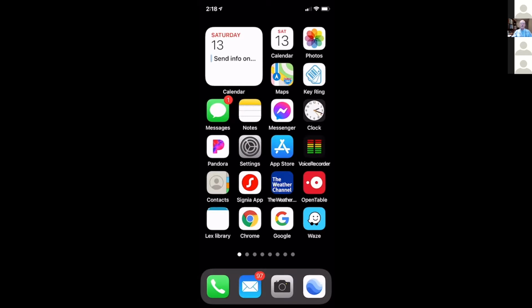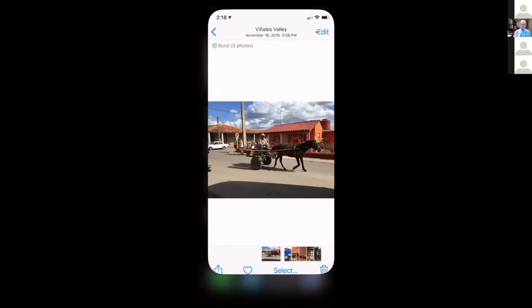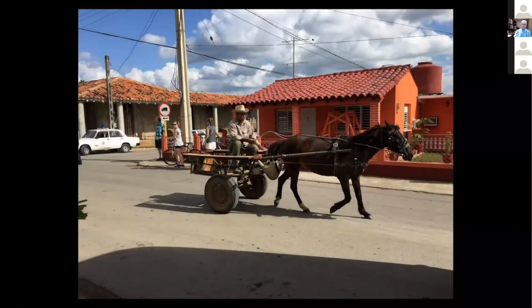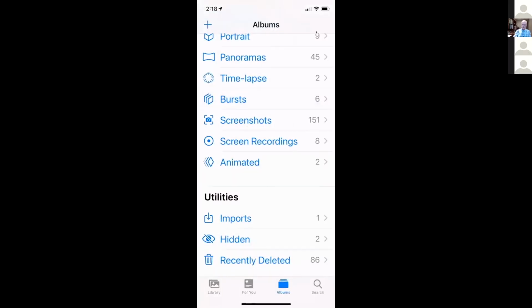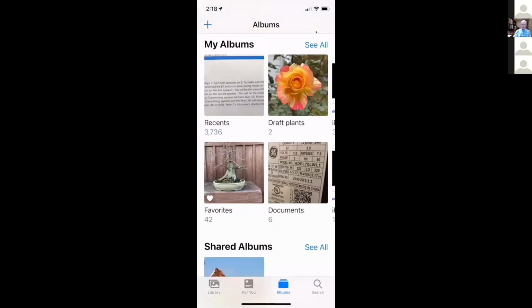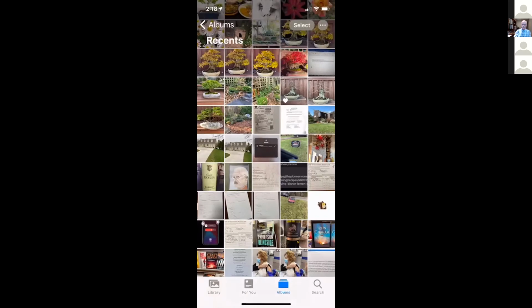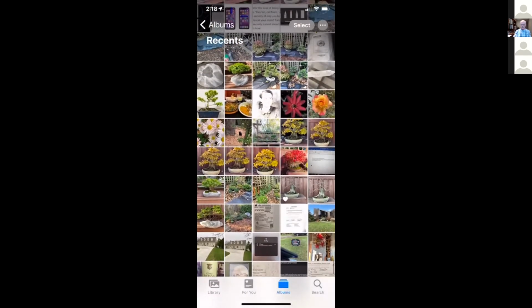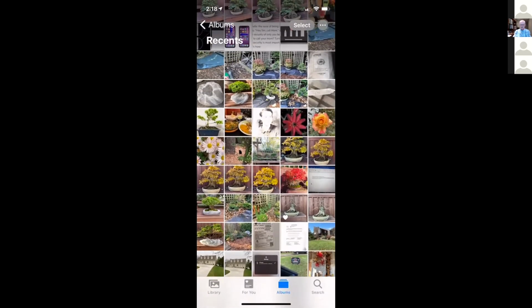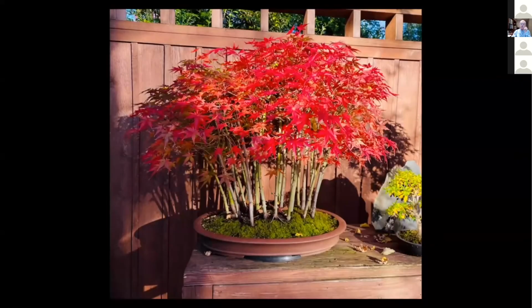First thing we'll do here, we'll go to our Photos app and we'll tap on that to open our photos. And I'm going to go back here to my albums. And I'm going to go into my recent photos. And I'm going to scroll down until I find the photo that I want. And I'm going to tap on it. And here's a trident maple or a Japanese maple forest. And I want to put some information in my photos with this. So what I'll do now is,